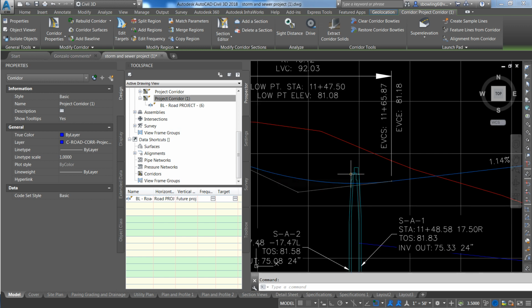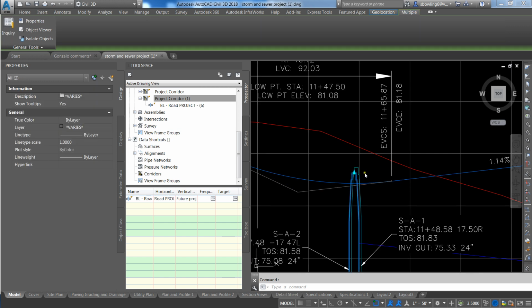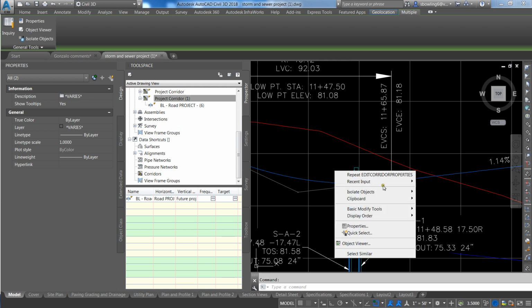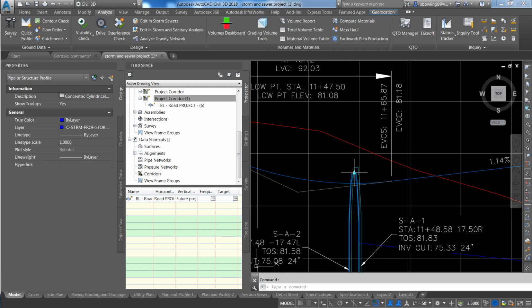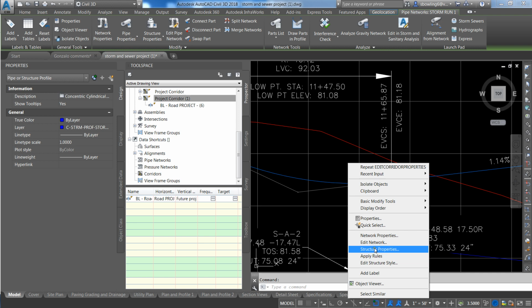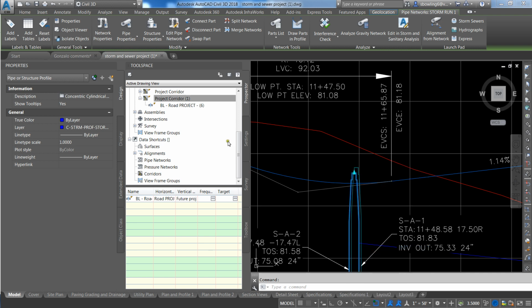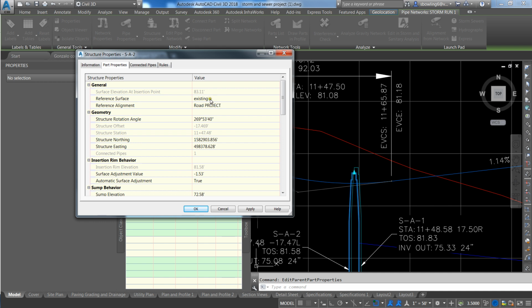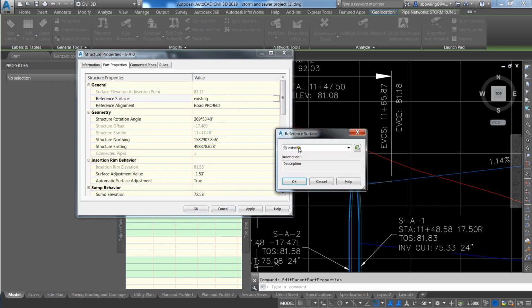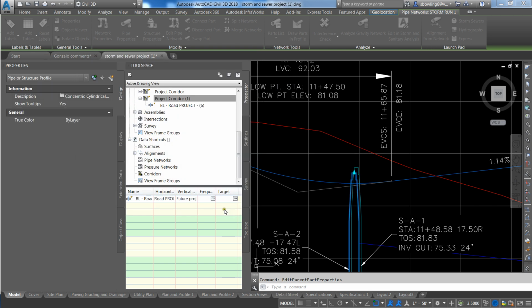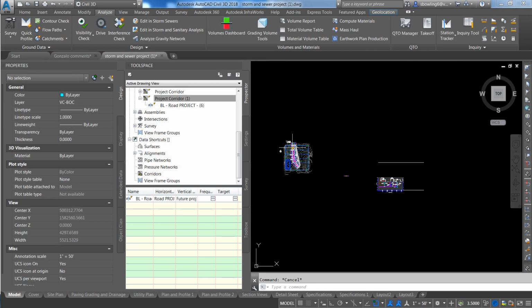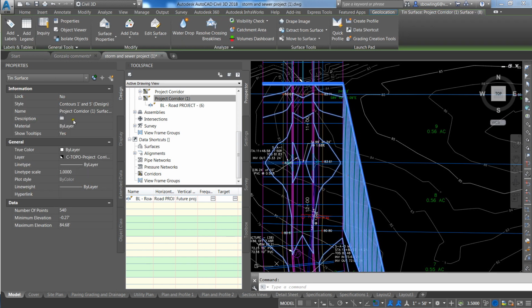All right, so over here, you've also got your manholes. So if I click on this and re-click and I go structure properties, right now it's set on the existing, and that's not true. We need it to be underneath the corridor, so I've got to make sure of the corridor that it's actually created. This corridor name is the Project 1 Surface 8. I'm going to change that just so I can